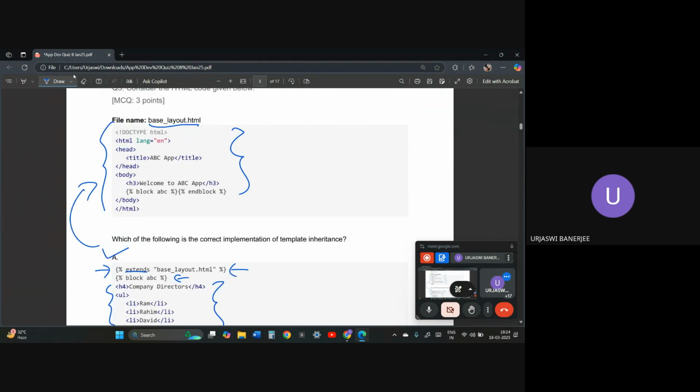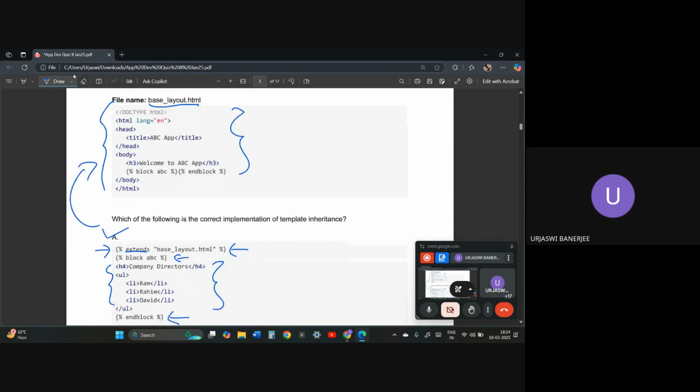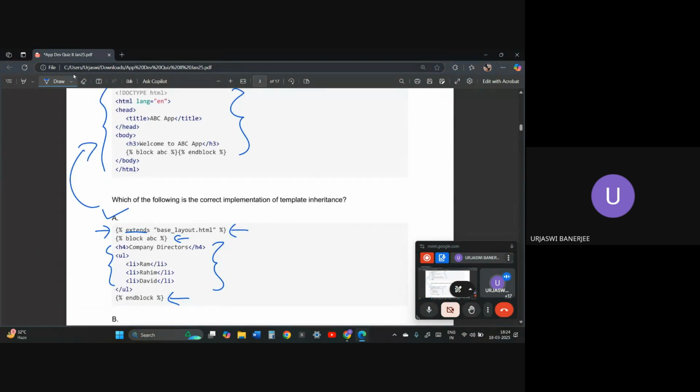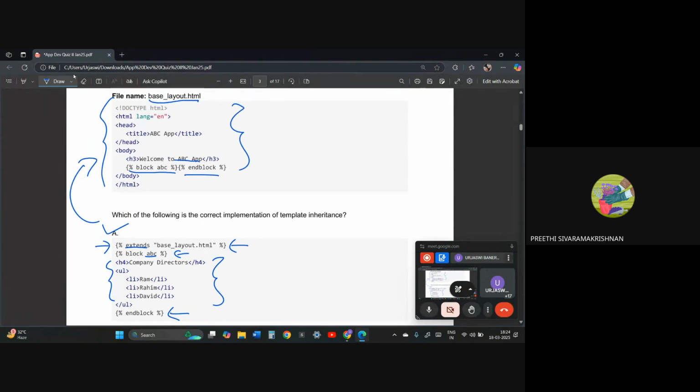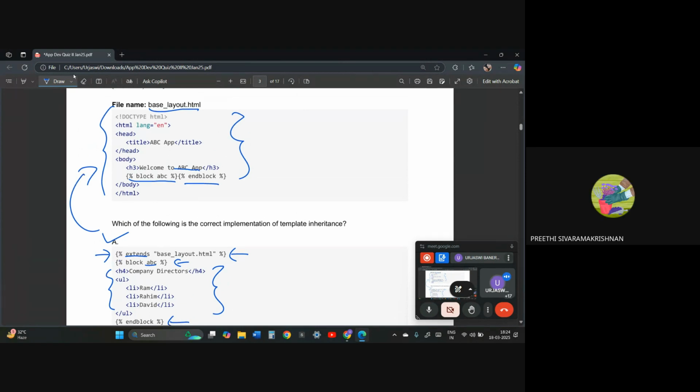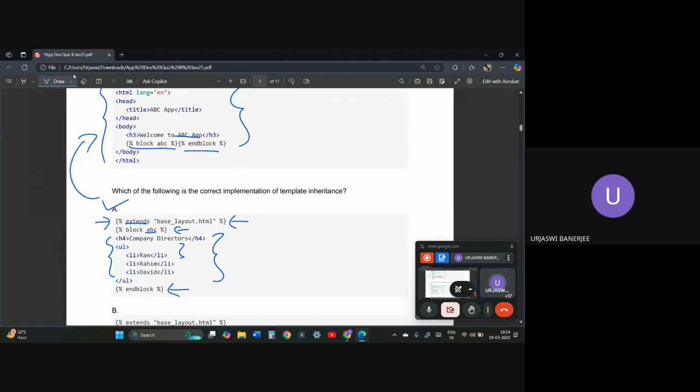Wherever over here it says block abc and then end block, abc just means the name you have given the block. Because this says welcome to abc app. I was just wondering, where is this block sitting?